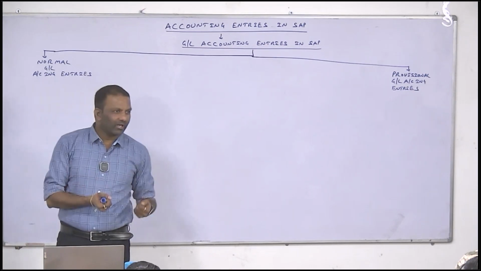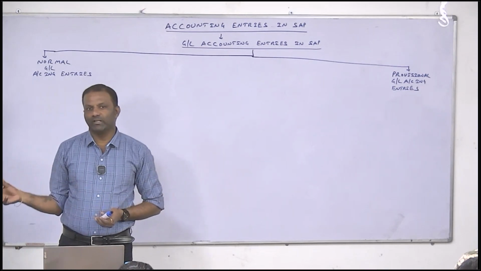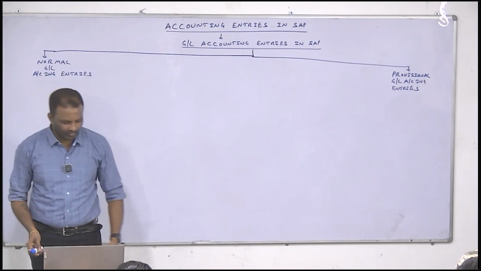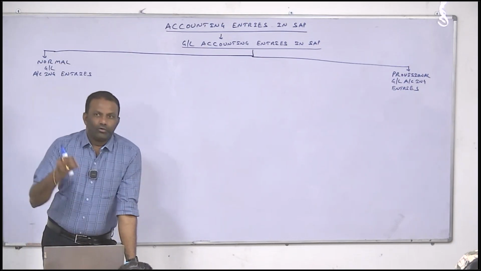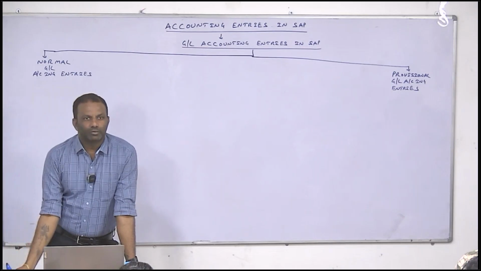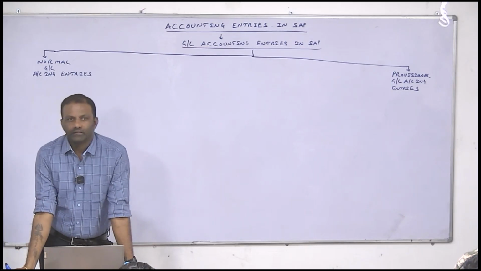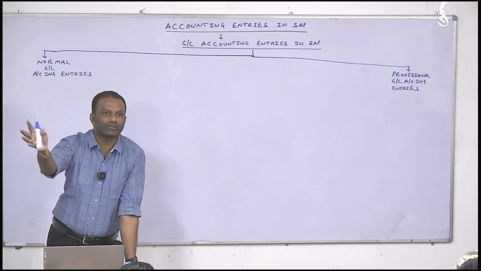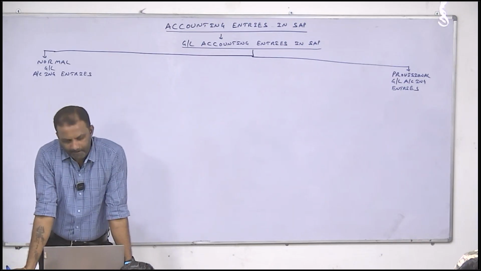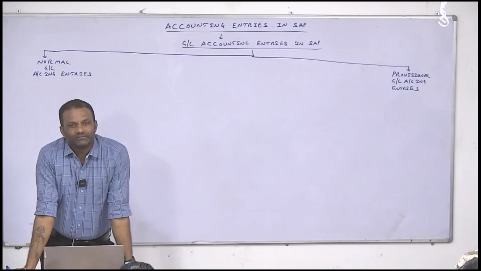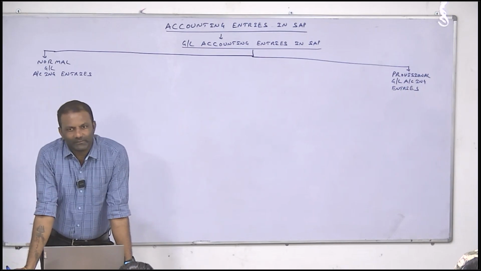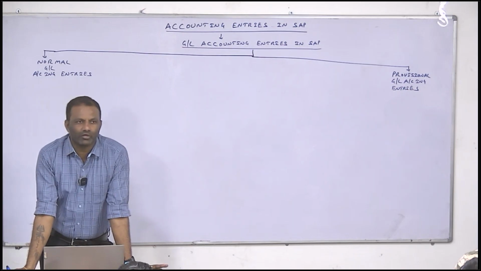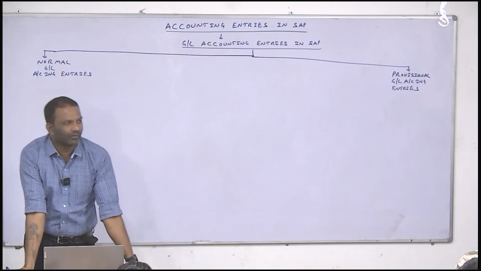You are receiving the amount from the bank. Loan is a liability as per the real account principle, right or wrong? So the accounting entry is bank account debit to loan account. You appointed one marketing person to do marketing for your company. He has gone to some other place out of Hyderabad. You have paid some traveling expenses to him. What is the accounting entry? Traveling expenses account debit to bank account. You will pay to his bank account, whatever it may be.